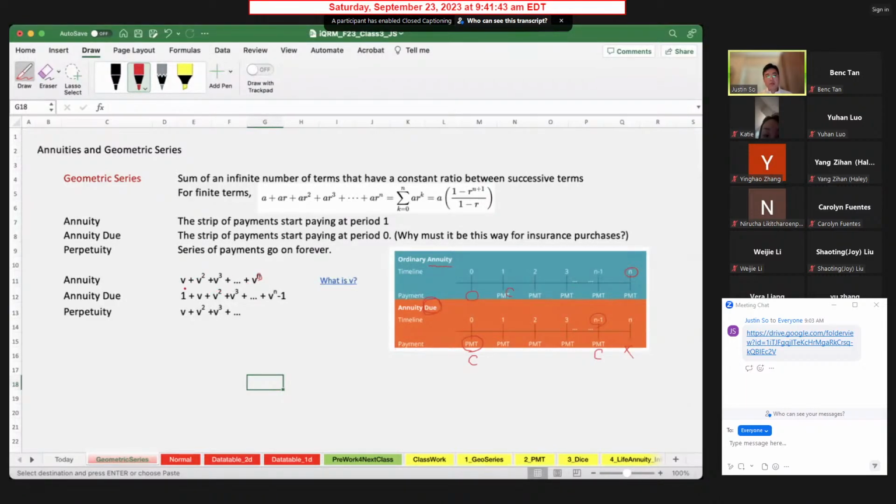So if we treat this one as an annuity, right? This, you can think of this one actually as discounted cash flow for the first cash flow amount, first payment. Annuity due happens starting with 1. The reason we start with 1 is because you do not have to discount the first amount because it's at present time, right? At time 0, it doesn't have to be discounted. The next one is V. It goes all the way to,